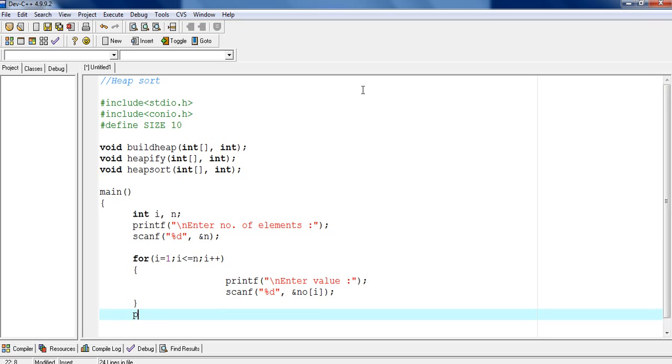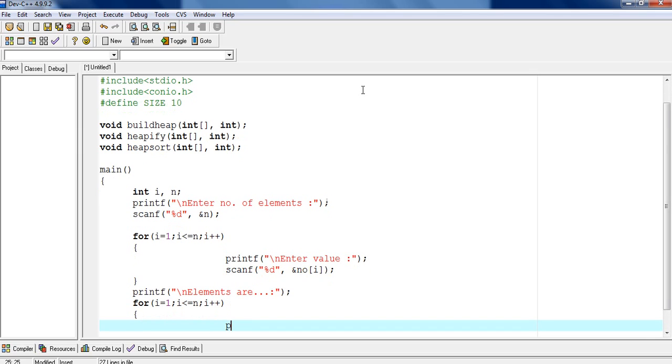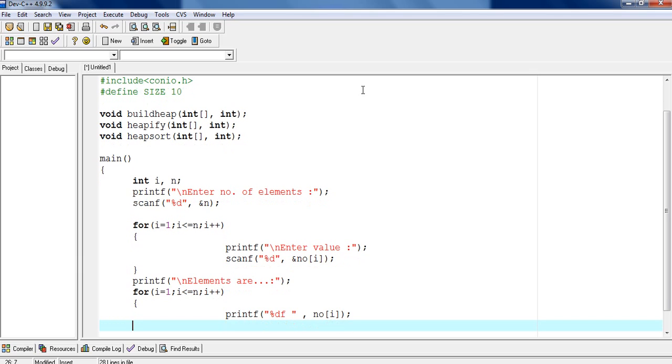Display the elements the first time, before sorting. Elements are: for i equals to 1, i less than or equal to n, i plus plus, printf %d no[i]. And now